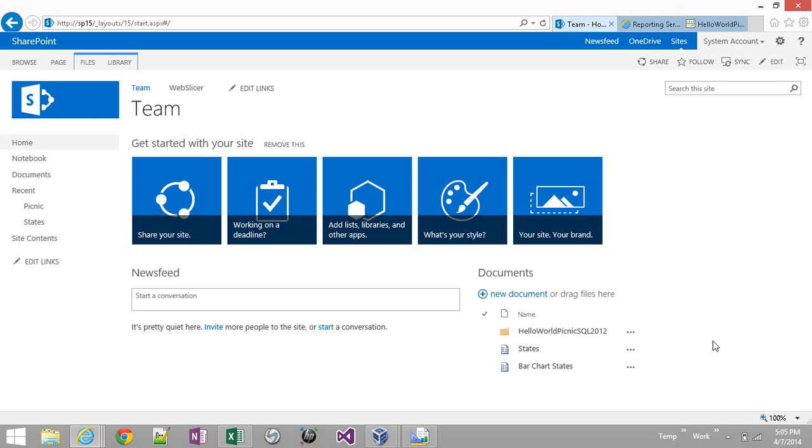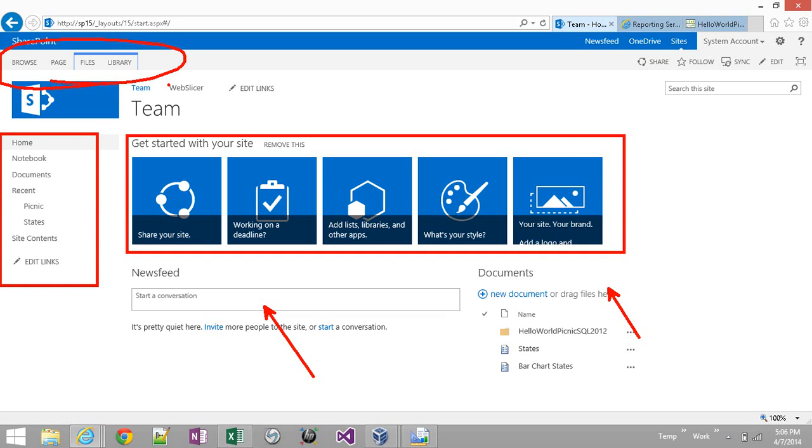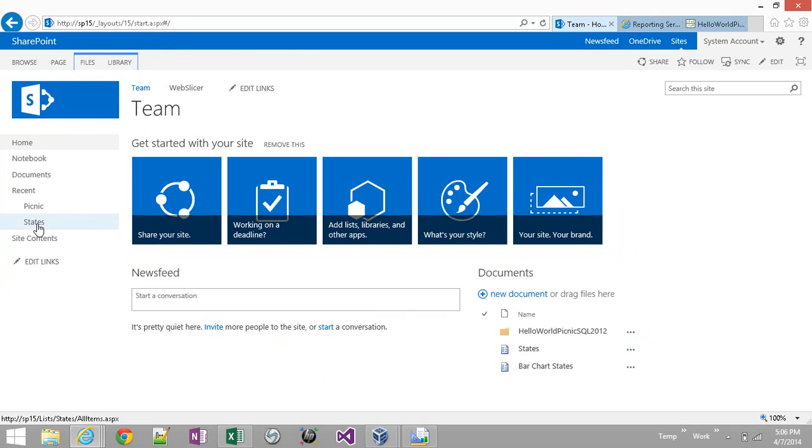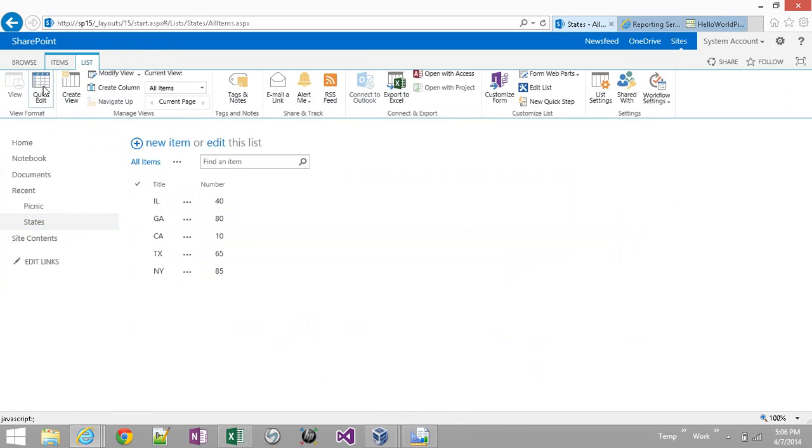So today we're going to take a look at SSRS, SQL Server Reporting Services on SharePoint 2013. Here we have a standard SharePoint 2013 team site with the prominent navigation buttons, newsfeed, documents, quick launch on the left, and ribbon across the top. On this team site, I went ahead and loaded some data for states, and if we go into the list